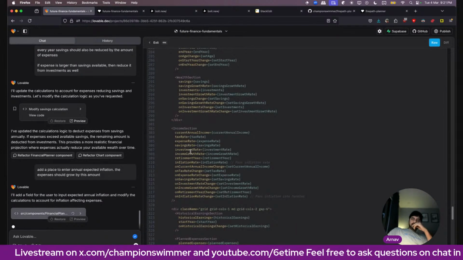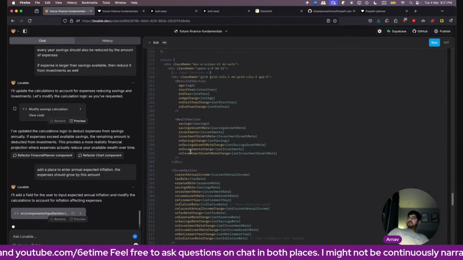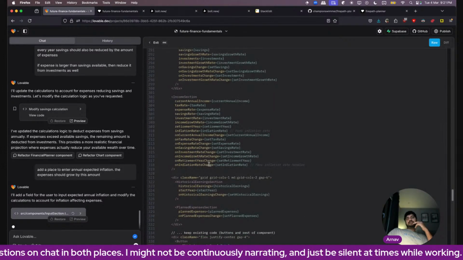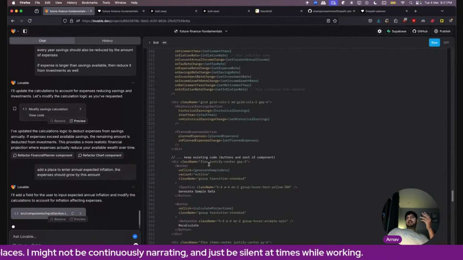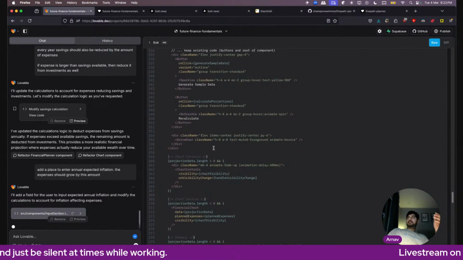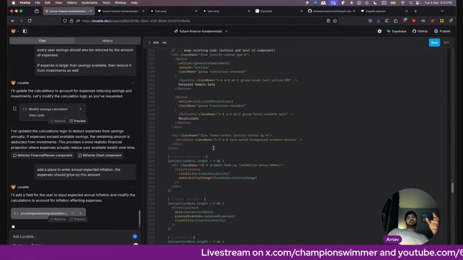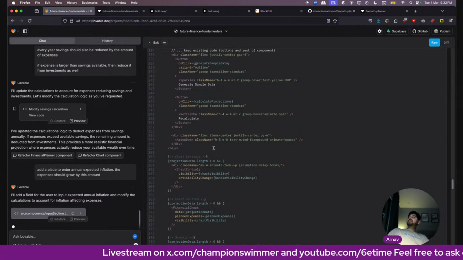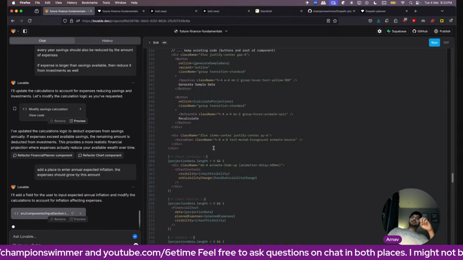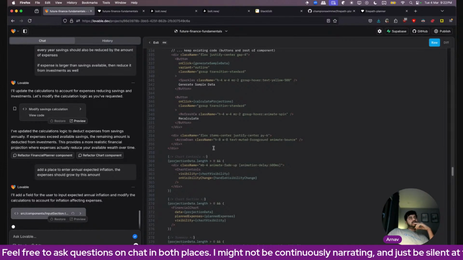Honestly, I really love the cleanliness of the code that is generated by Lovable. To be very honest, a lot of AI tools do generate code, and so far I've not hit build errors, which is also great. With Bolt, I hit a lot of build errors. When it's editing, it has a problem and the project won't build anymore. I'm able to go to a much larger project size with Lovable without hitting build errors, which is great.